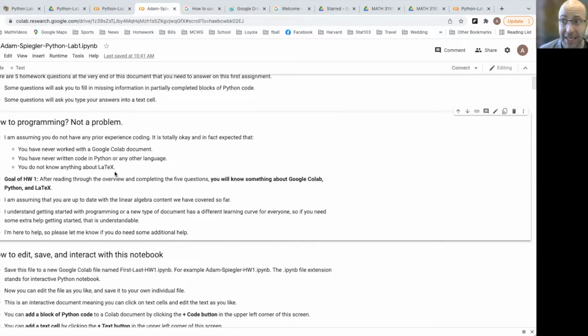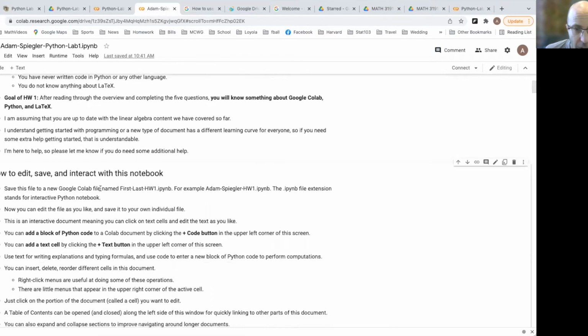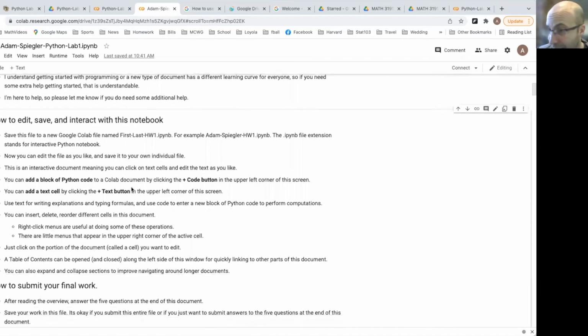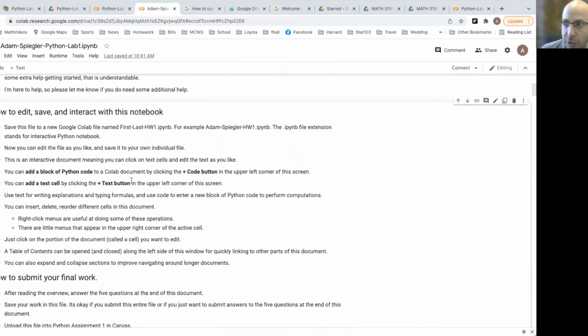If you find it taking some time, then I think it would probably be a better use of your time to ask for some help, and you and I can work on that together. Okay, so this is a Google Doc in some sense. For those that have worked with Google Docs before, you can see that it will save things automatically